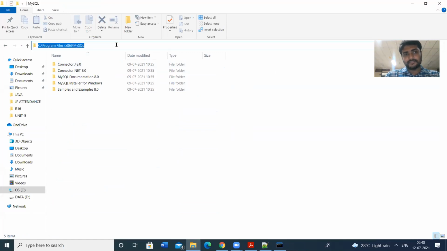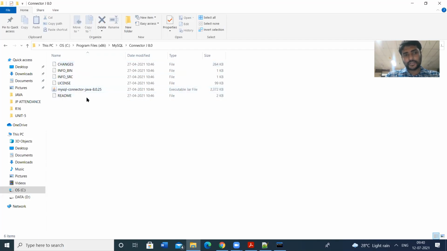Identify the path: C drive, Program Files, MySQL folder, Connector J 8.0. Double click on that. In it we have mysql-connector-java-8.0.25. This is the jar file we need.